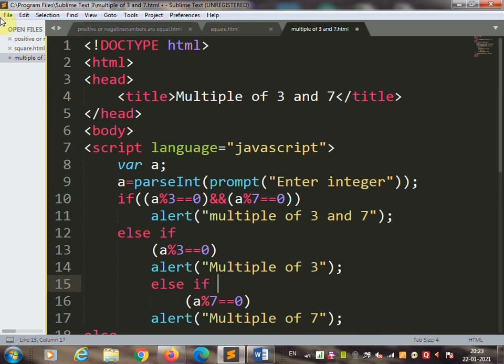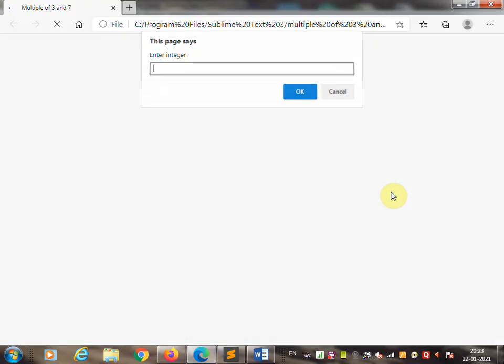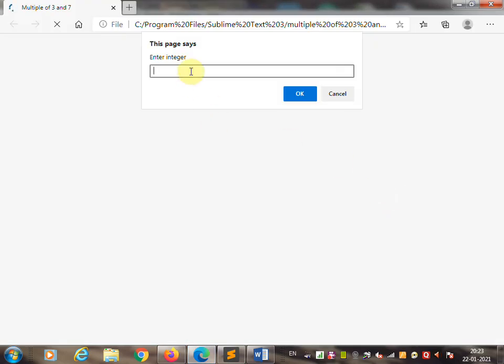Save this program and open it in the browser, and enter the integer to check whether that integer is a multiple of 3 or a multiple of 7.